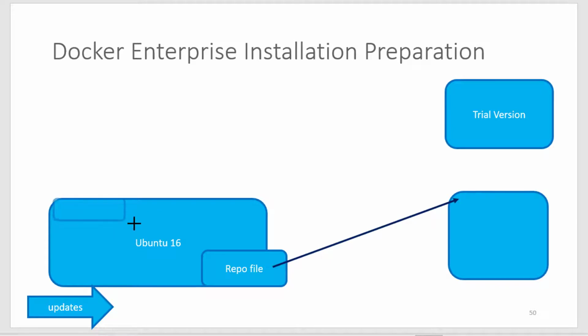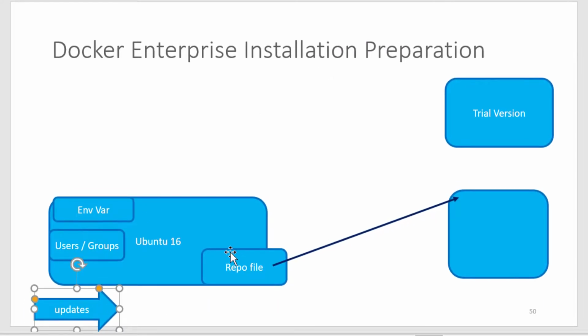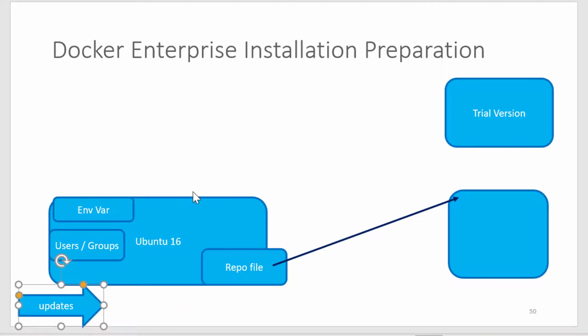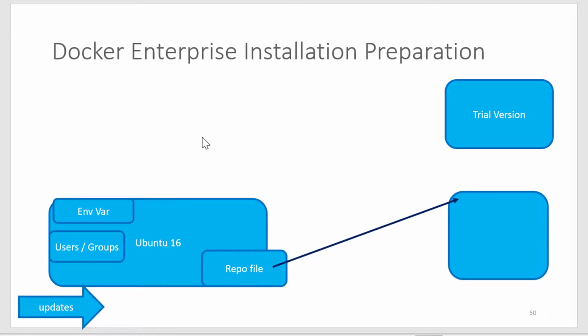That is in terms of the license URL as well as the type of installation that I wanted to do. And I will create the required users groups within this specific machine. Then when I'm doing another update, since the repo file is updated, the latest packages that are required will also get installed in this specific machine, and I will have this particular machine ready to be used for Docker Enterprise, and it will have the Docker Enterprise engine. That is the basic required component in every host that you are going to use for Docker Enterprise installation.